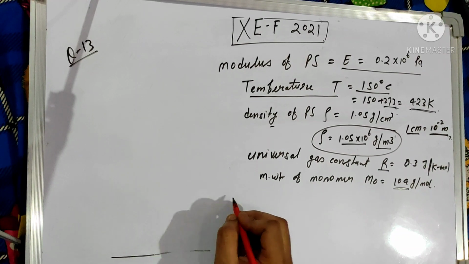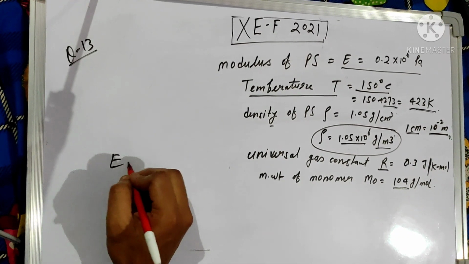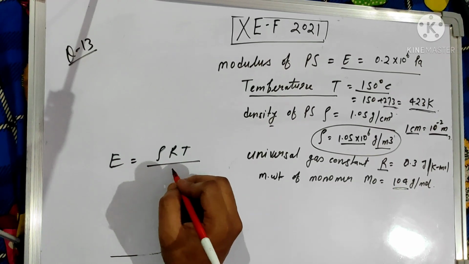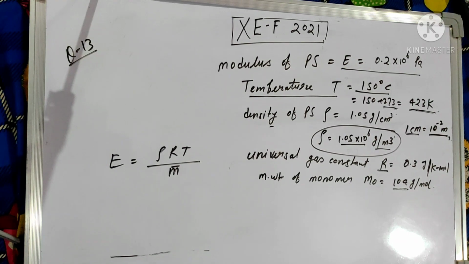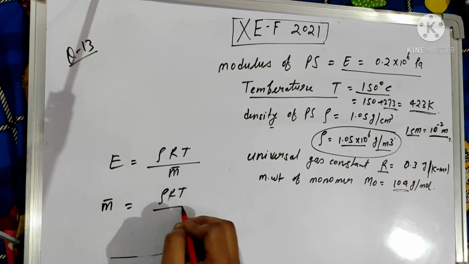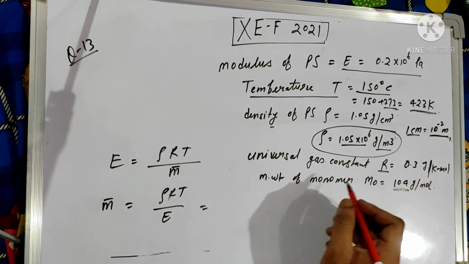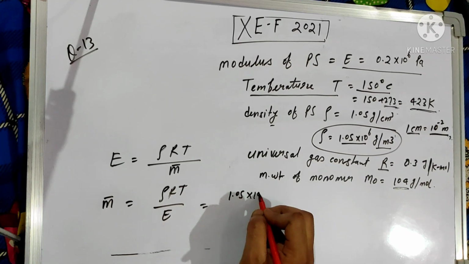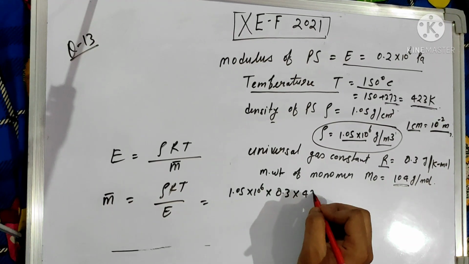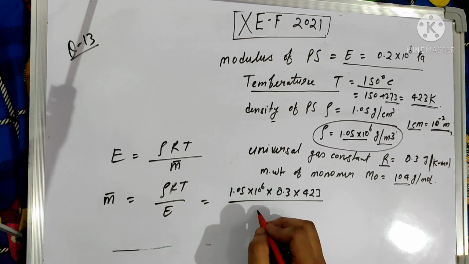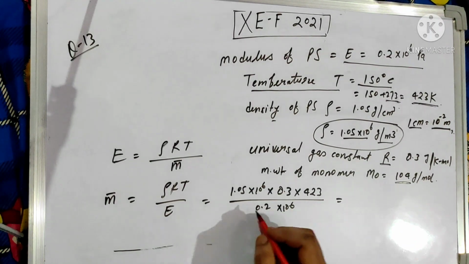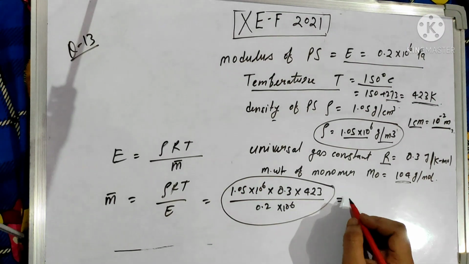Then you know that E is equal to rho RT divided by molecular weight of the polymer. So molecular weight of the polymer is equal to rho RT divided by E. Put the value of rho 1.05 into 10 power 6, R is 8.3, T is equal to 423, divided by modulus 0.2 into 10 power 6. Then after calculation you get